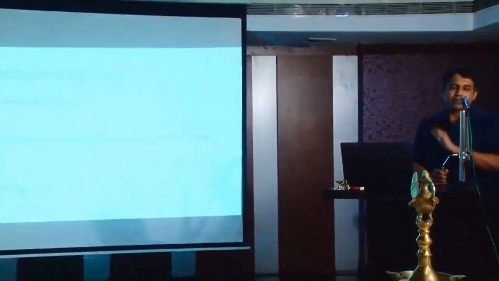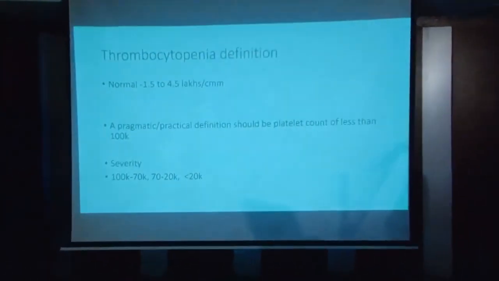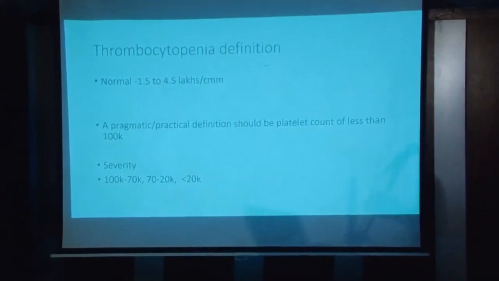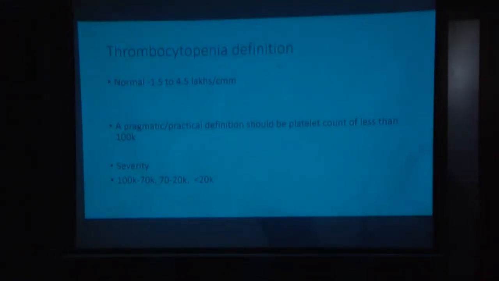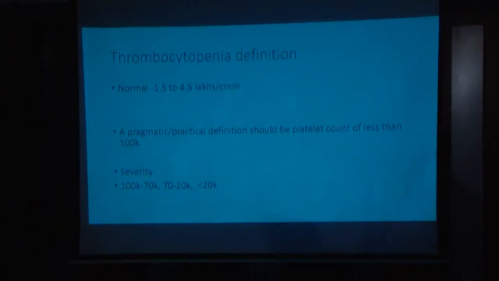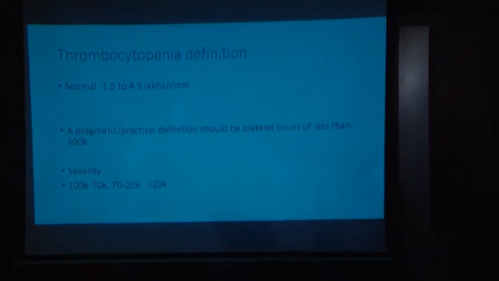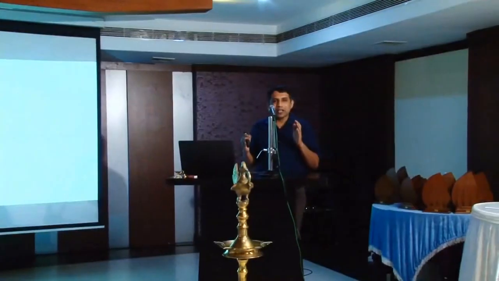As you all know, the normal platelet count is 1.5 to 4.5 lakhs per cubic millimeter or microliter. So anything less than 1.5 we call thrombocytopenia. But from a clinician's perspective, what is more pragmatic or clinically relevant is a platelet count of less than 100,000. Now they are going to change the definition, because a platelet count between 1 lakh to 1.5 lakh, if